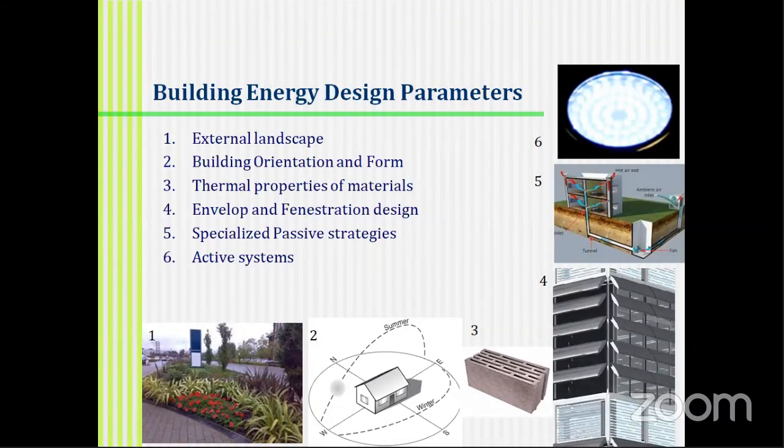Envelope is the outermost skin. This is the skin which will connect you to the outside. And this skin has to ensure that during the hot days, the heat is prevented from entering. And how we can have walls and roofs which ensure that it is cool in summers and try to keep it warm during very cold winters. So the envelope and fenestration design, the design of windows, at what height, what kind of window, what is the size of the window, what is the type of glass, all of these are very important in our design for energy efficiency. And of course, passive strategies is something that is newly coming in a very big way through our